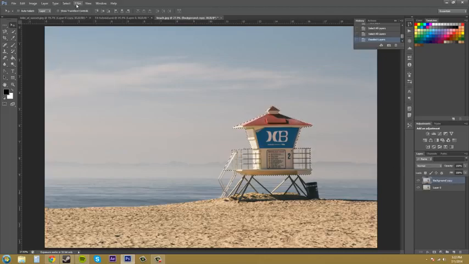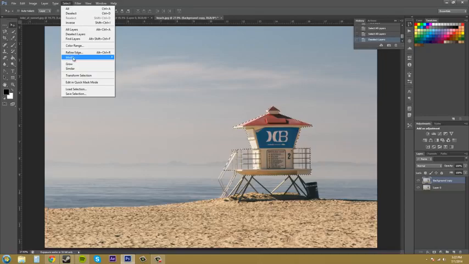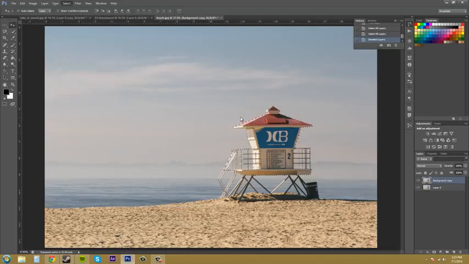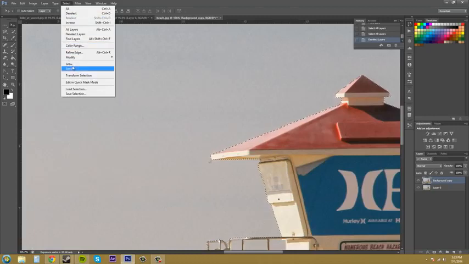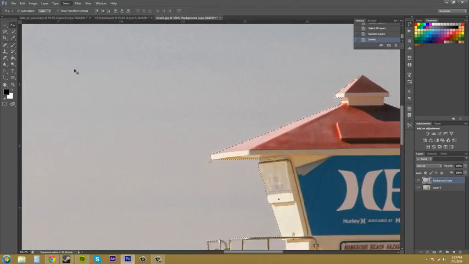Click on a layer. So we've got grow here, which increases your selection by adding pixels to it. And then we've got similar, and this one adds non-contiguous pixels. So if I click on that, let me zoom in for you. Select, here's similar, we'll click that,